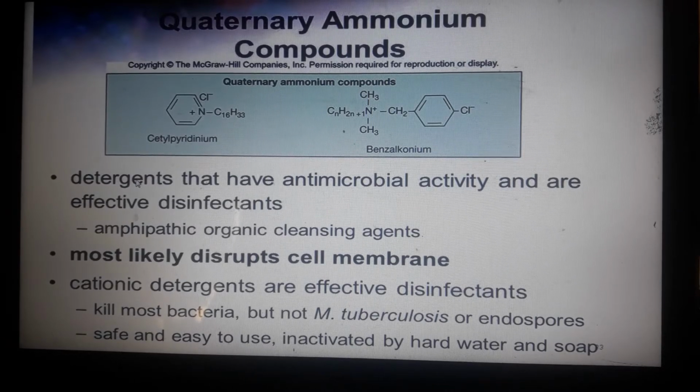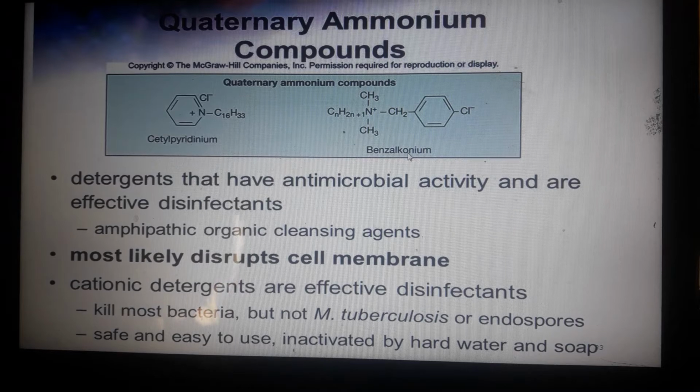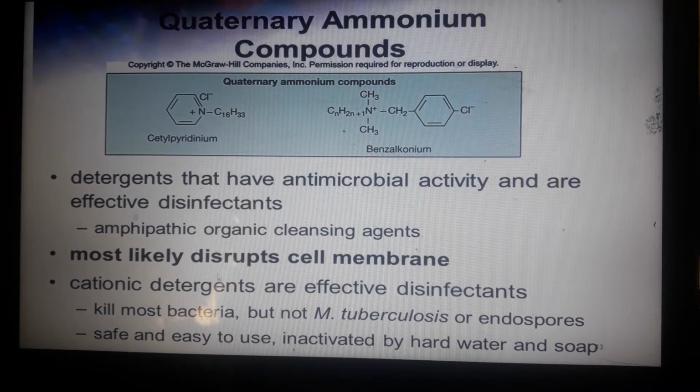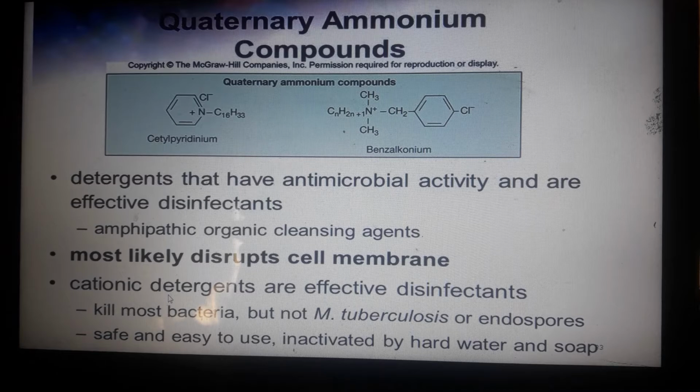Okay, so detergents have antimicrobial activity and are effective disinfectants. Based on the structure of the quaternary ammonium compounds, we have cetylpyridinium, and we have benzalkonium chloride. Benzalkonium chloride, the common name in the market is Merthiolate. So it most likely disrupts the cell membrane, and they are considered positive detergents, or cationic detergents, which are effective disinfectants. It kills most bacteria,